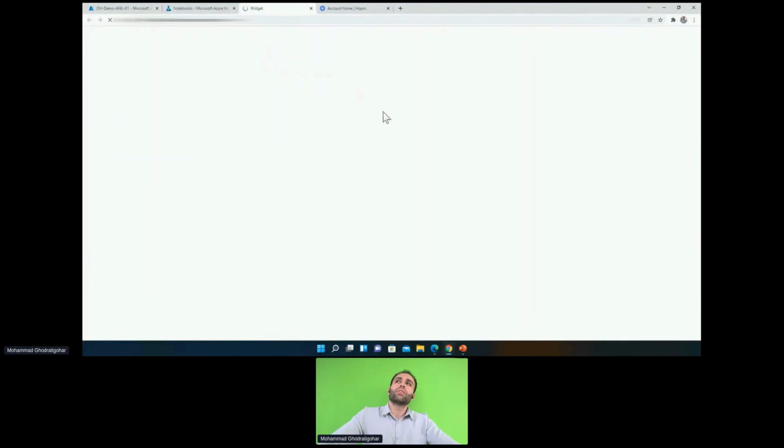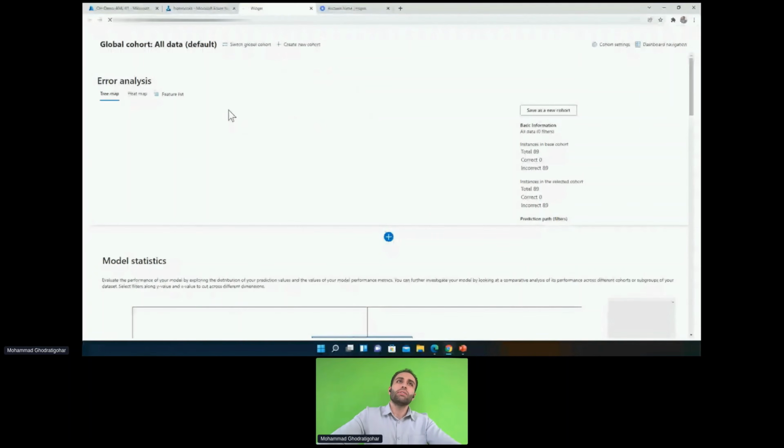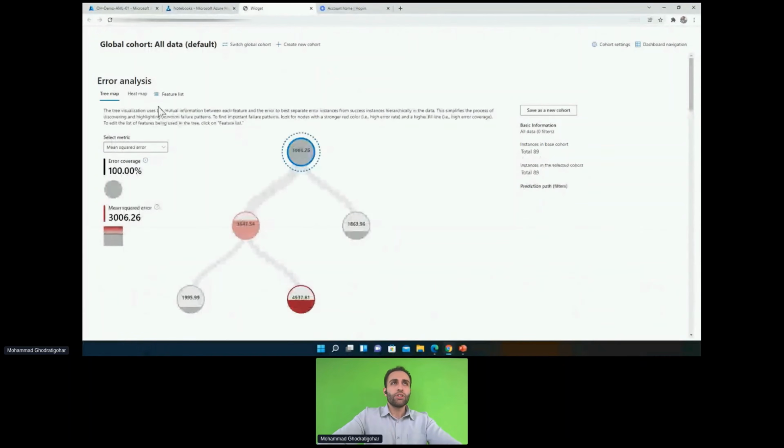I'm waiting for the toolkits to load, and you can see the first plot is starting with error analysis. So here's the question. For sure, whenever we train a model, we come up with some error ranges. We say, well, this is the metric I have used, accuracy. I have 90% accuracy, 92% accuracy, and so on. But still, there are some chances that we might come up with a prediction which is an error.